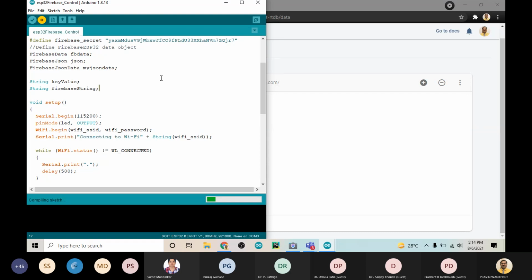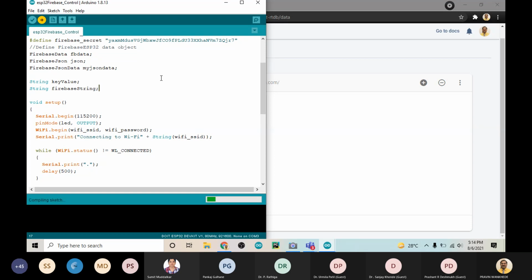There are a few people who have already completed the part of Firebase and app development. I'll share this course with you. You try at home again, so that you can develop the complete control and monitoring. If you understand this one, now try to combine both the codes together, so that the same controller can send the sensor data to Firebase, in a single app, and from the same single app we can also control. Just like suppose you are monitoring a farm and you are also controlling the pump.